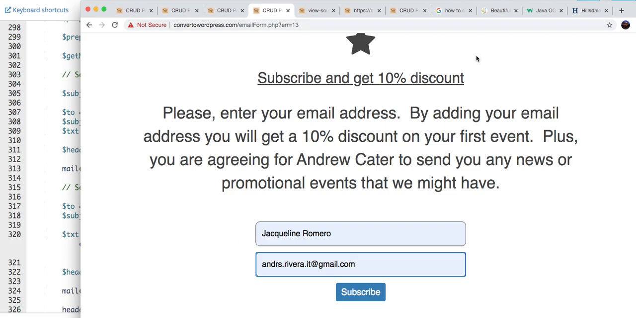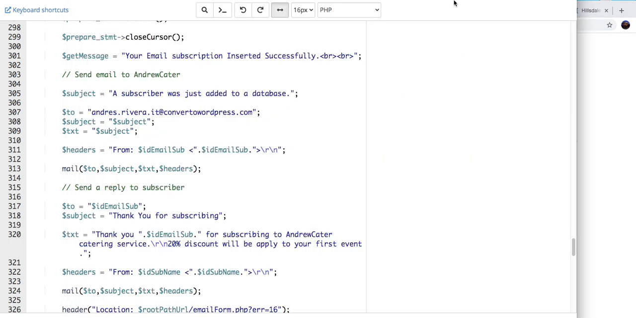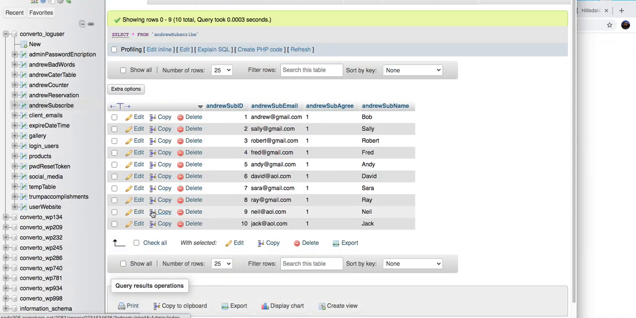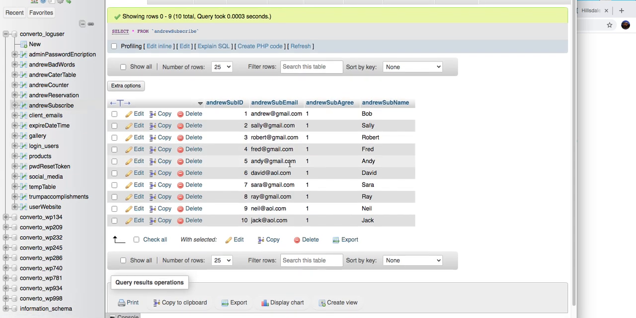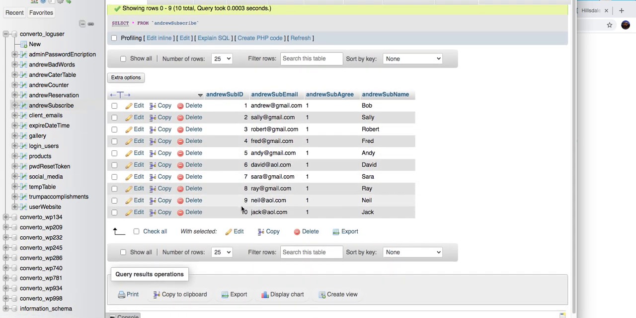Real quick, I just want to show you. This is the actual script stuff, but I wanted to show you the database itself. See, this is the database. I am using Andres Subscribe. Right? I'm just using that one. And here it goes. This way I see I don't have